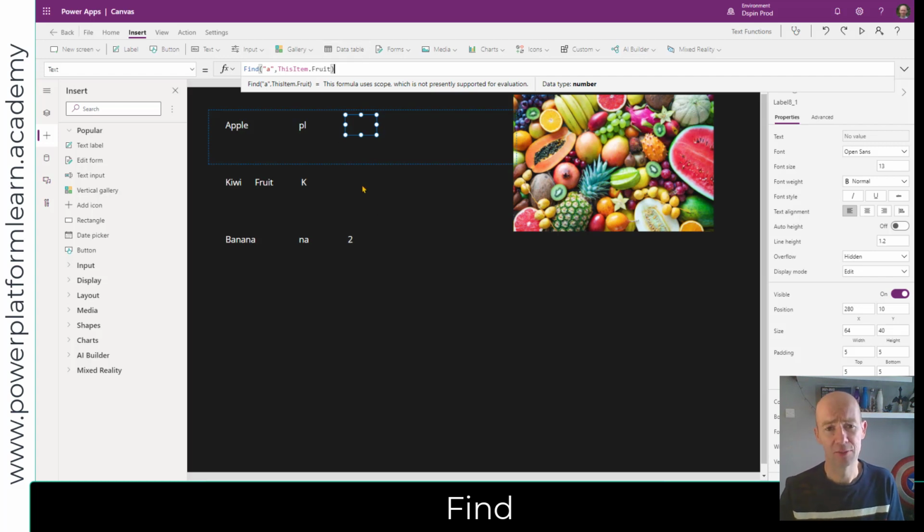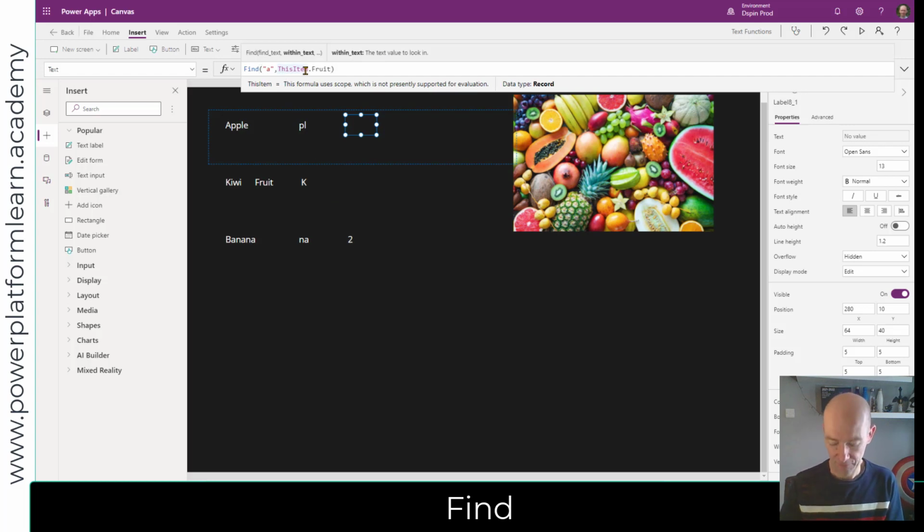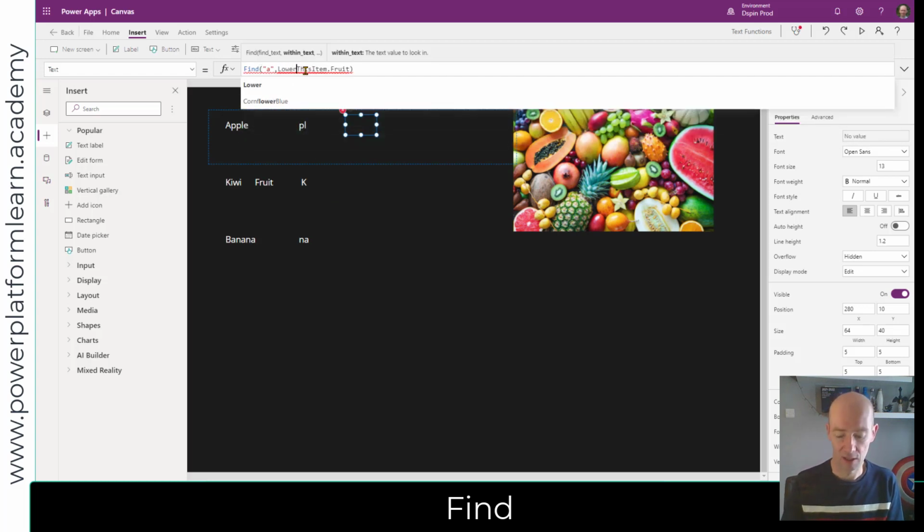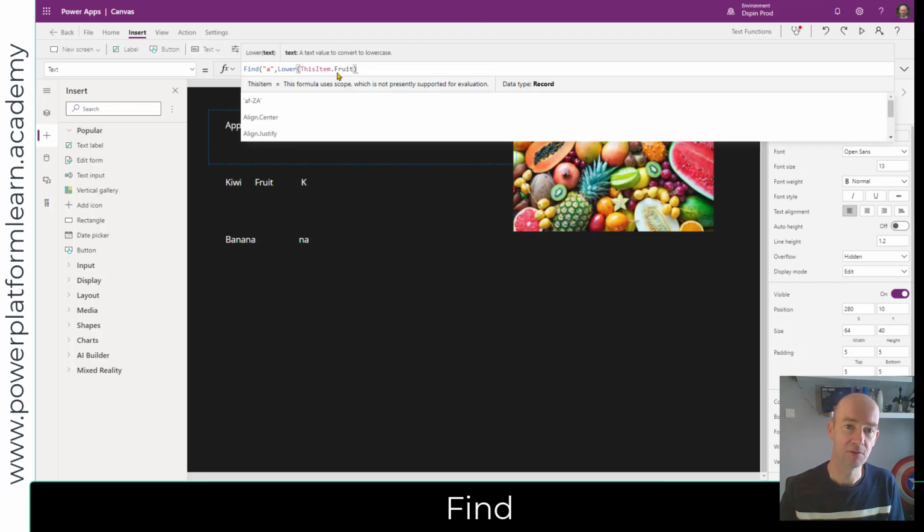So later on we were planning on looking at upper, lower and so on, so that we can work with that. And I think I will pick that one up right now. So we are now going to look at using the lower function. So I'm now going to wrap that with lower this item dot fruit